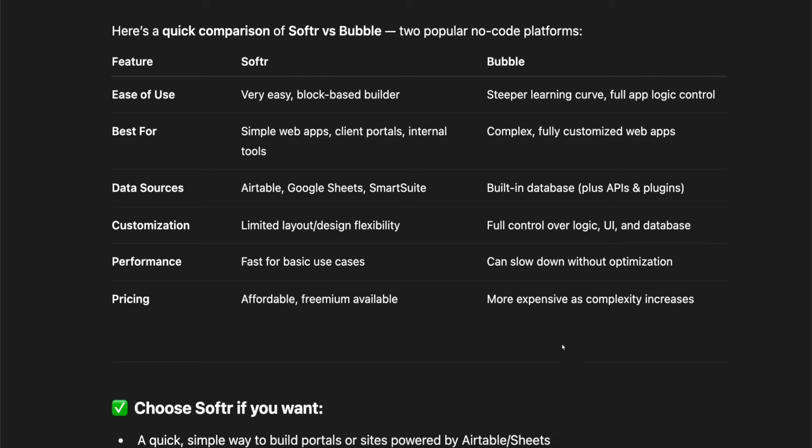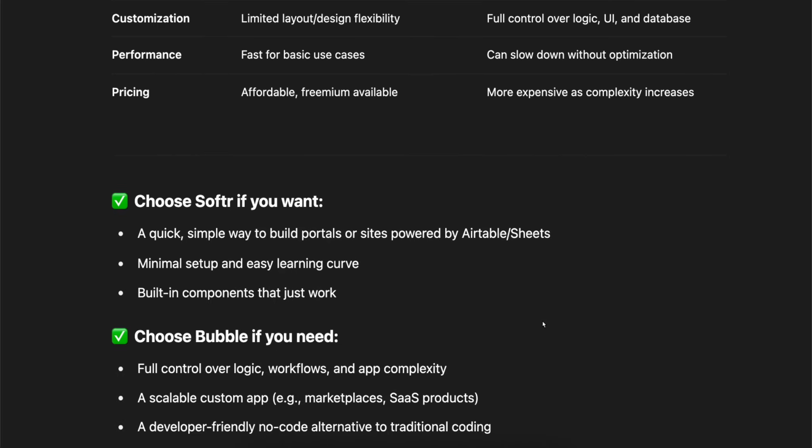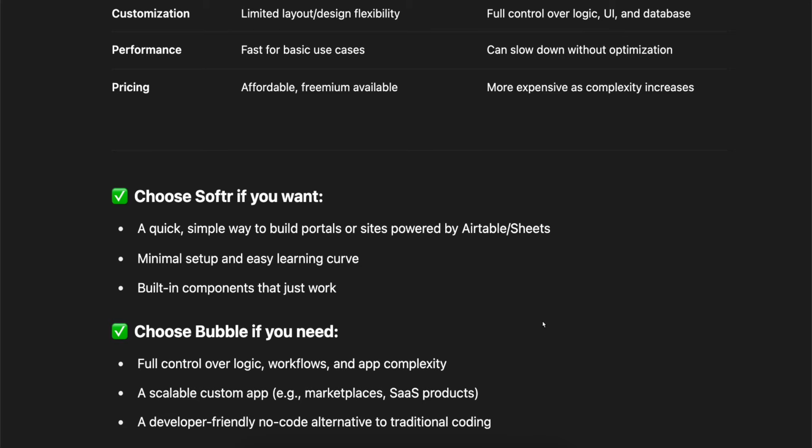But overall, as you can see, choose Softr if you want a quick, simple way to build portals or sites powered by Airtable or Sheets, minimal setup and easy learning curve, built-in components that just work. Choose Bubble if you need full control over logic, workflows, and app complexity, a scalable custom app, a developer-friendly no-code